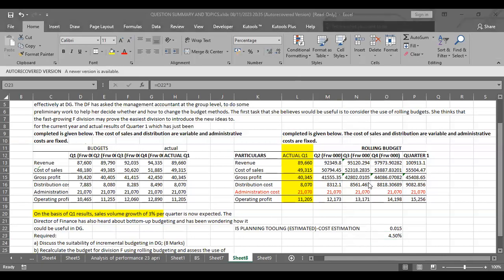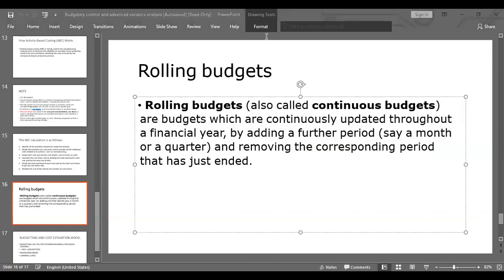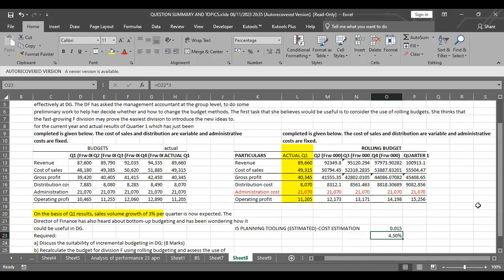Why not calculate from the given budgeted data? Somebody's asking me that. As I said, continuous is about update. If you look at the data here, it is updated throughout, and update here means they use it by adding the actual. If you use the budgeted, you will not get the updated, because another question will be, are you sure they have not used it here?